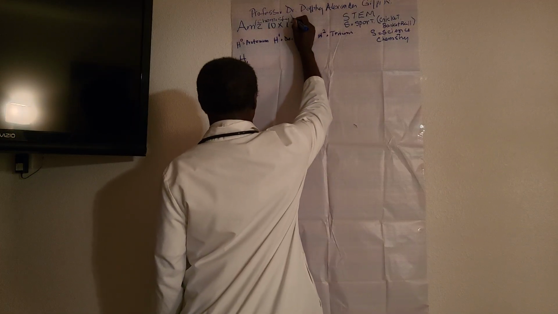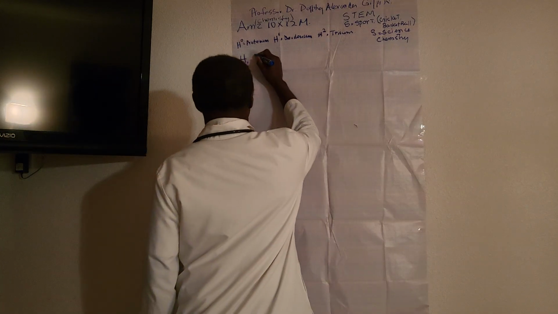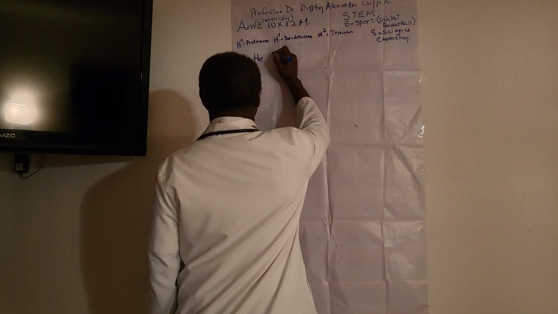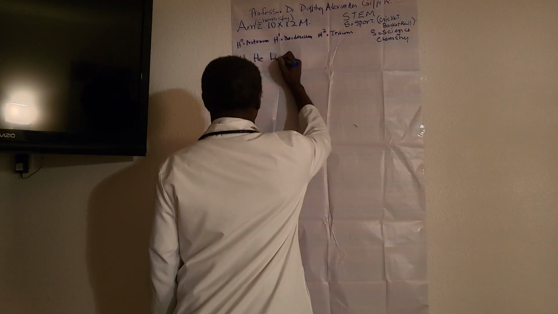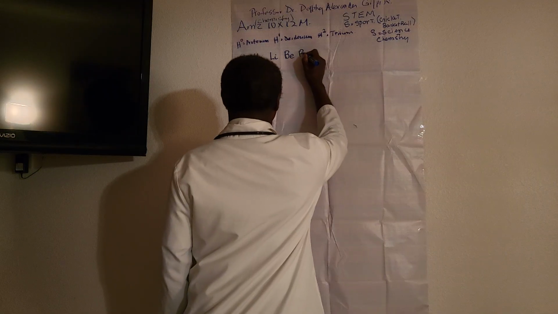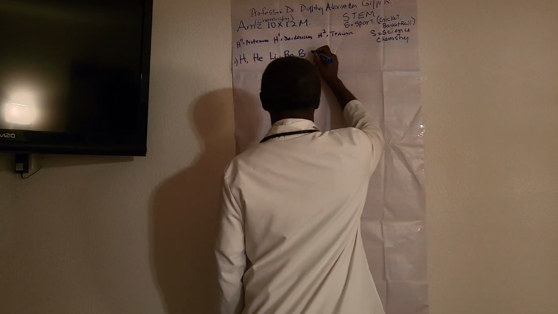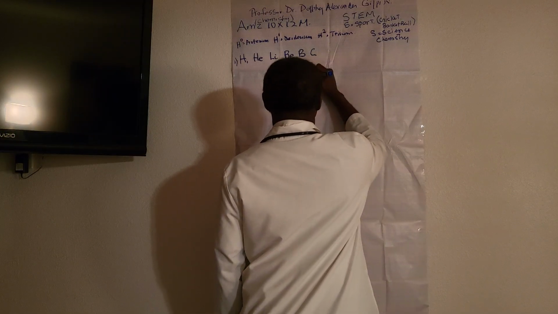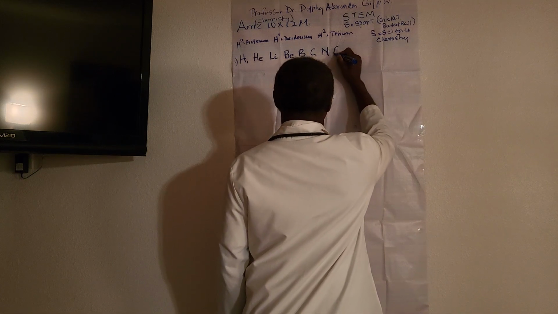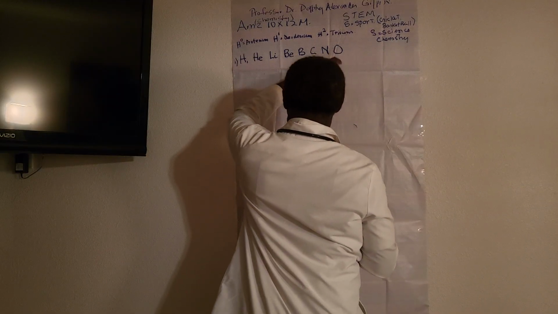A relative of the periodic table. So hydrogen, and we have helium, lithium, beryllium, boron, carbon, nitrogen, oxygen. So we have now 1, 2, 3, 4, 5, 6, 7, 8, 10x12,